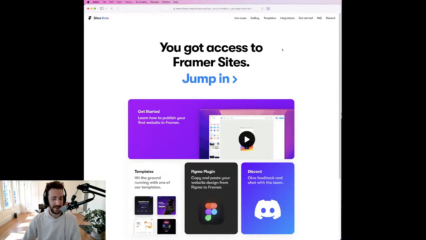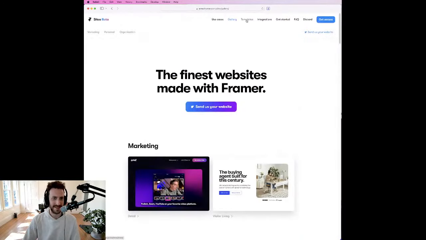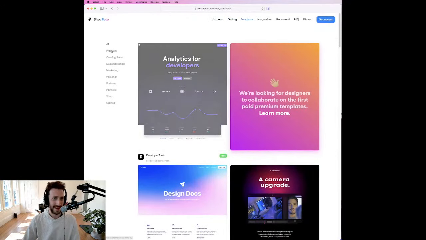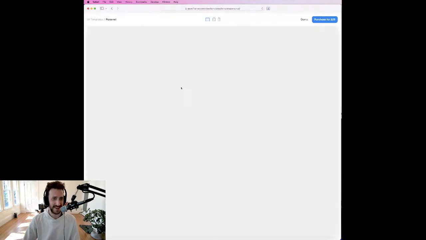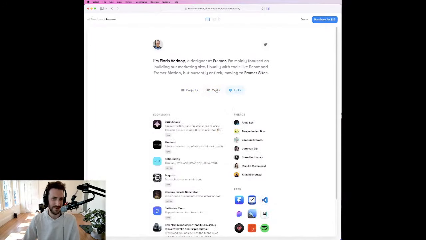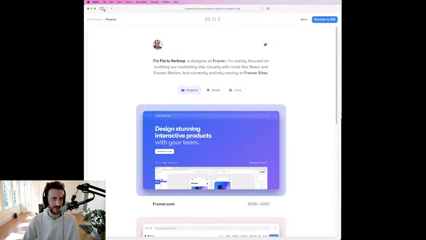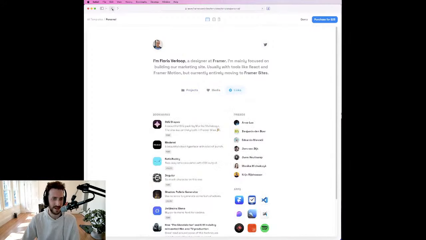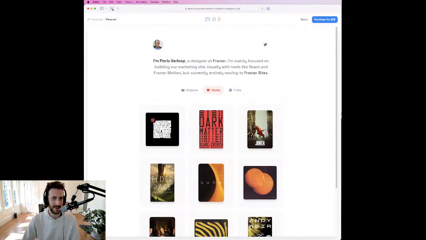Let's get started. Okay, so Framer sites. I've seen people tweeting about it, showing off what they're making. There's a new gallery, there's templates, and they have premium templates. People are selling themes, and generally they're all pretty simple, but they look nice. And I think what's really attractive to me about Framer sites is that they bring the